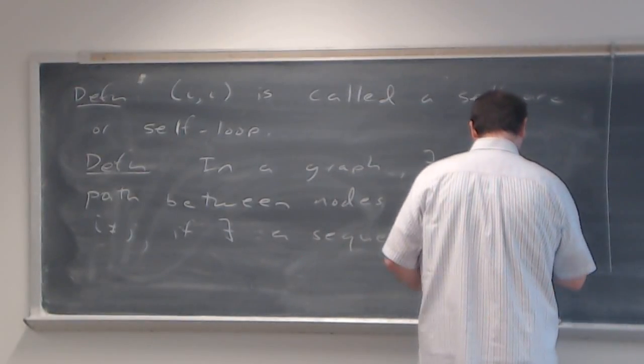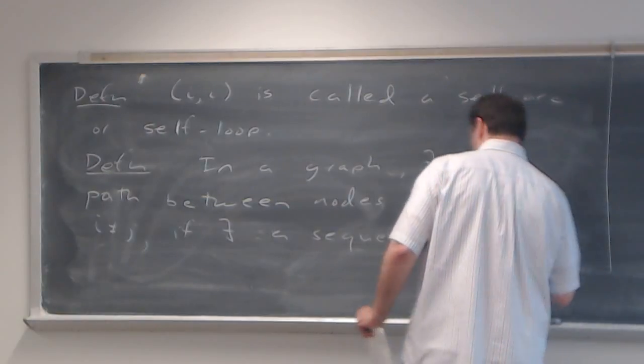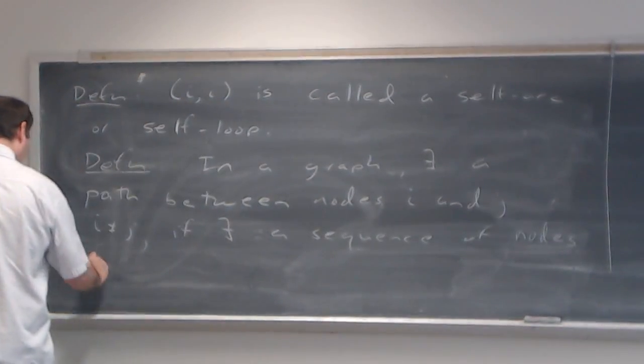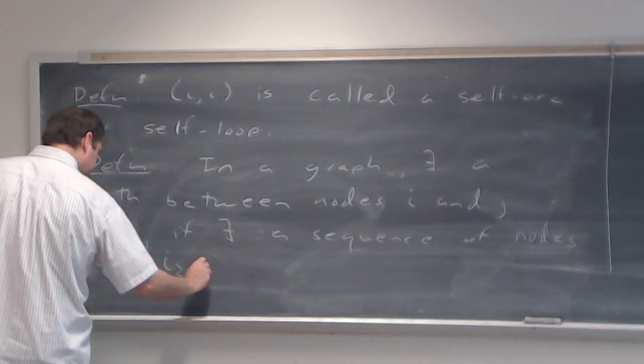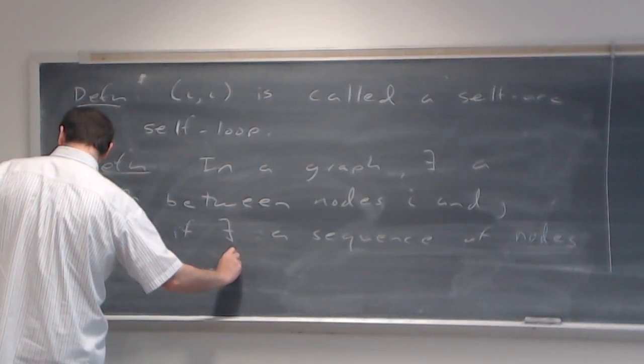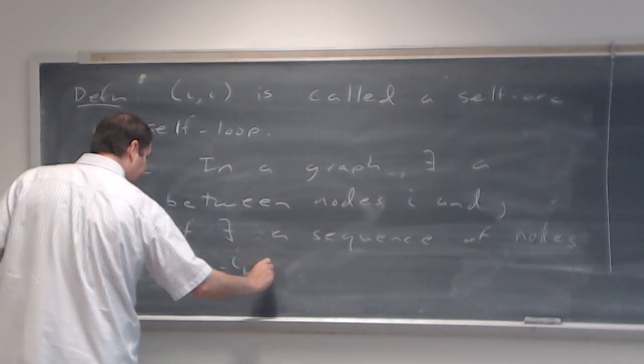Really, the arcs are what's important here. Sequence of nodes I sub 1, I sub 2, all the way up to I sub k, and then J,